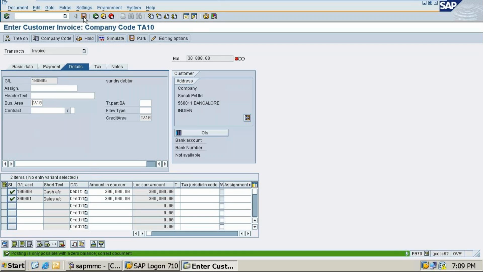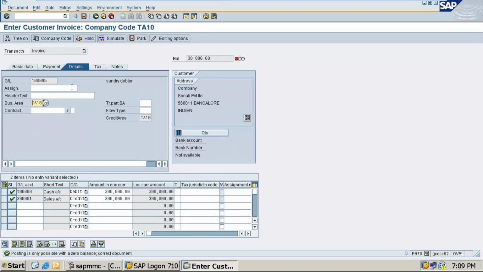Click on save. Zero balance incorrect. Corrected document here. Just taking save.